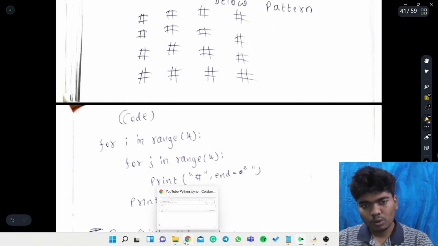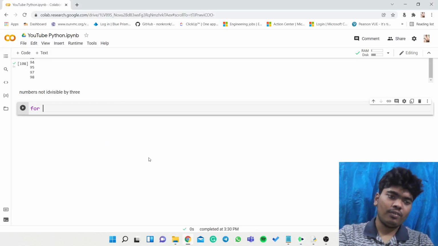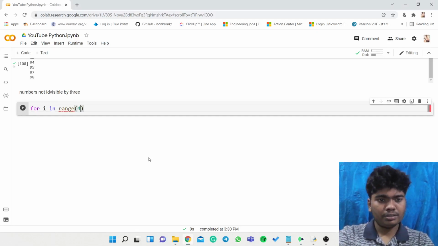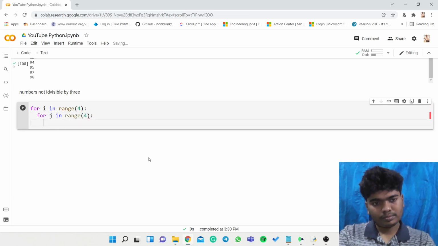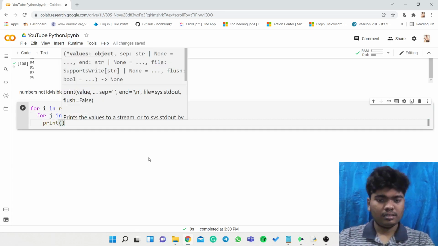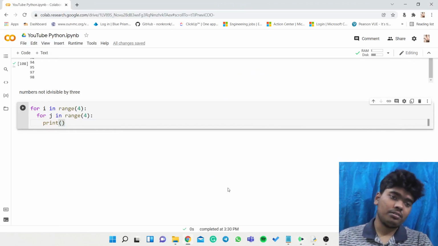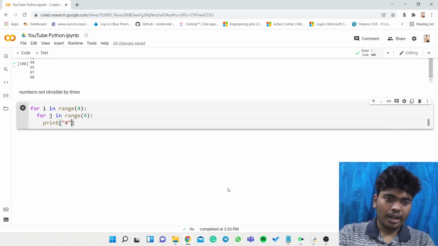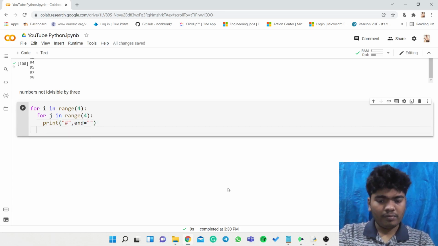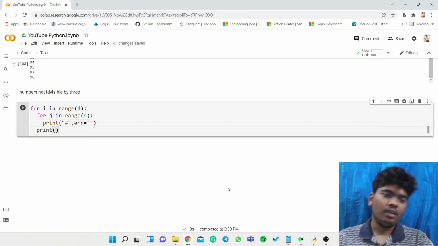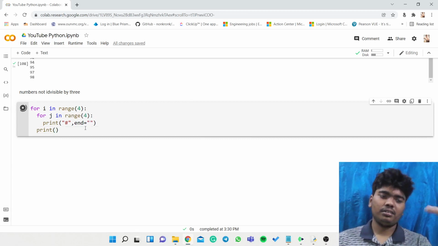So for writing a code like this, we'll write for i in range of 4, for j in range of 4, print asterisk, and we need to mention its end, and we need to make a new line for the purpose of its arrangement.